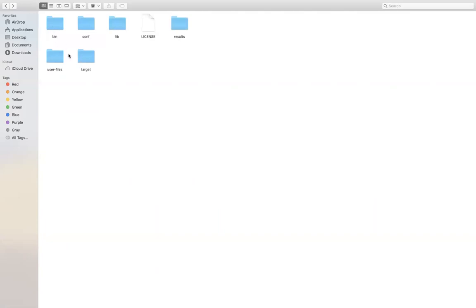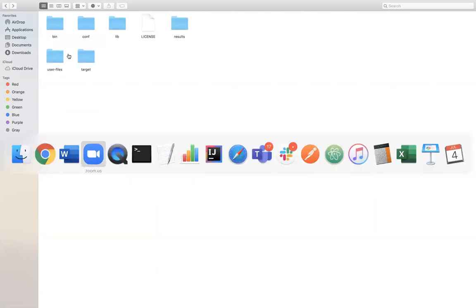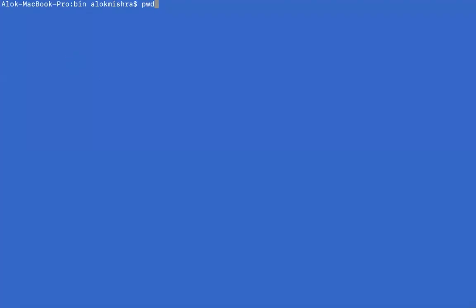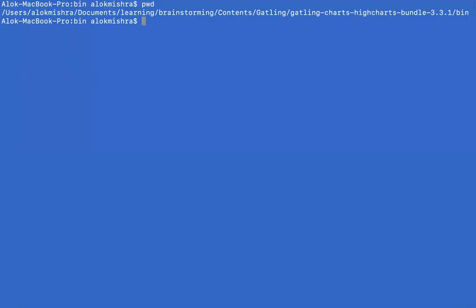Let's execute some basic script provided by Gatling. I'm in the folder of Gatling. Let's execute the gatling.sh file.